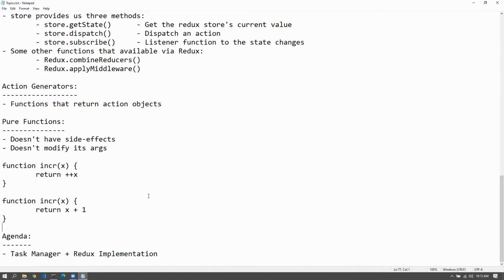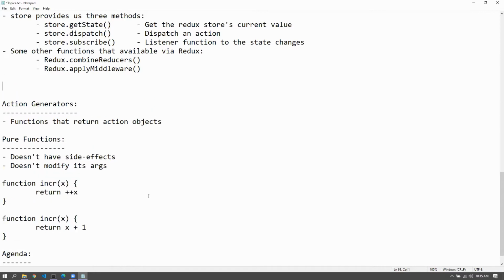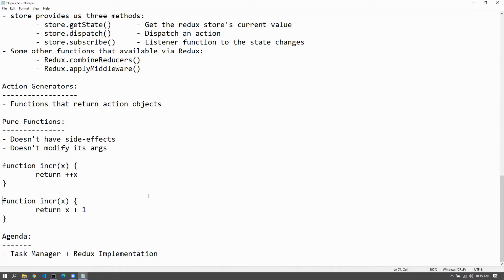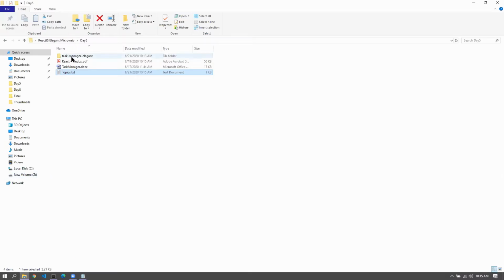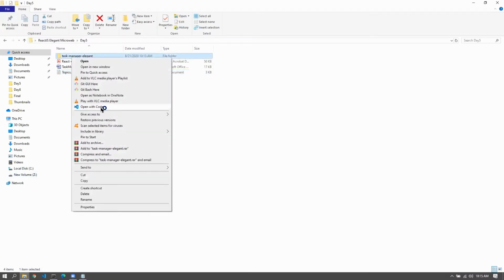And here we'd be using one more library, which is called React Redux. Redux Saga would be later. So React Redux is a library that allows you to do a couple of things. One is that if you would have noticed in our existing task manager project, we have created the store inside the index, and we have passed that store down as a property to the app component,